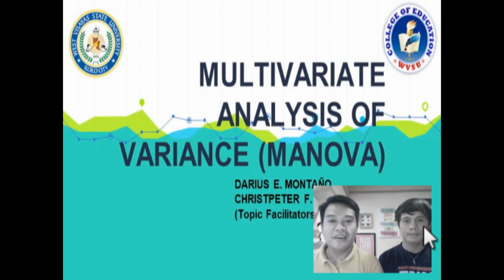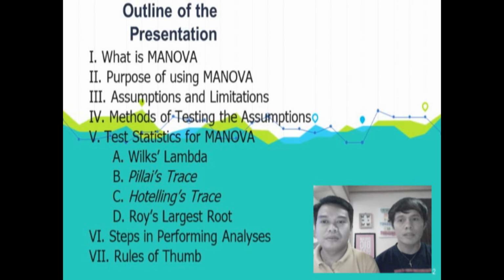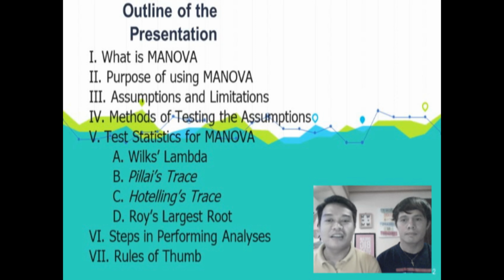And for the outline of our presentation, we will start with what is MANOVA, and that is to be followed by the purpose of using MANOVA. Its assumptions and limitations. We have the methods of testing the assumptions. We will also be discussing the test statistics for MANOVA. We have Wilks' lambda, Pillai's trace, Hotelling's trace, and Roy's largest root. And that is to be followed by steps in performing analyses. And before we end, we're going to summarize the topic by presenting once again the rules of thumb in using